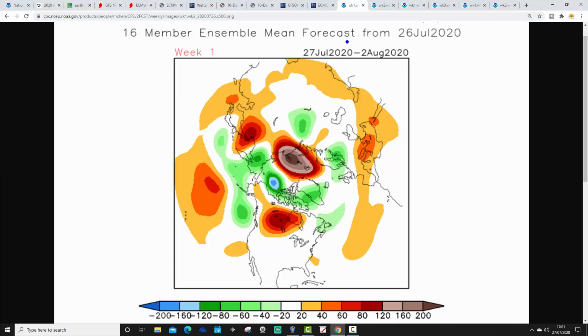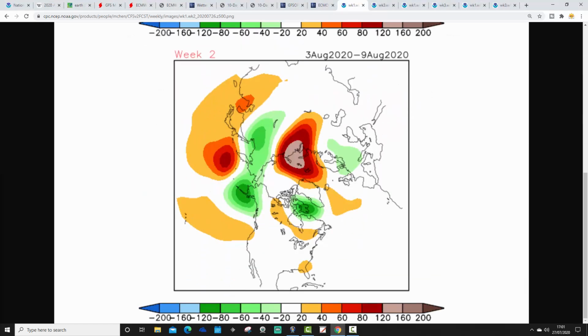The first week period takes from 27th of July to 2nd of August. So the coming week has a high pressure that's delivered the heat wave a little bit further northwards and westwards than it has been, and that does allow something slightly cooler to head southwards in some of those northern and northeastern states. Week 2 is the 3rd to the 9th of August,